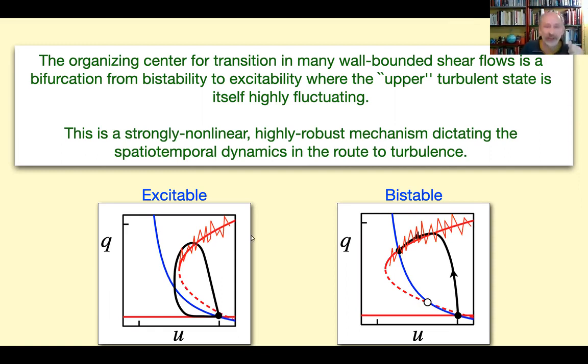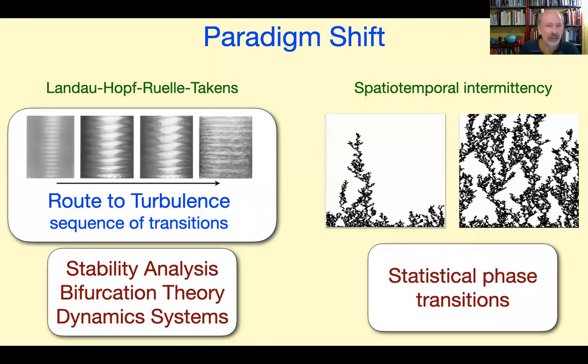But this is a strongly nonlinear system and is highly robust, and it dictates the spatial temporal dynamics of the onset. And then the second thing I want to say, and get back to what I started with, is that this involves a paradigm shift. So we have what you could view as the classical idea of transition to turbulence, or route to turbulence, and which does take place in many shear flows and many situations where you go from laminar flow to turbulence